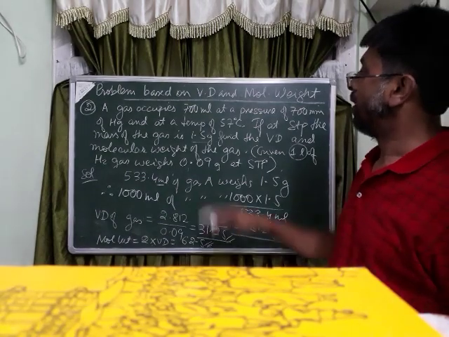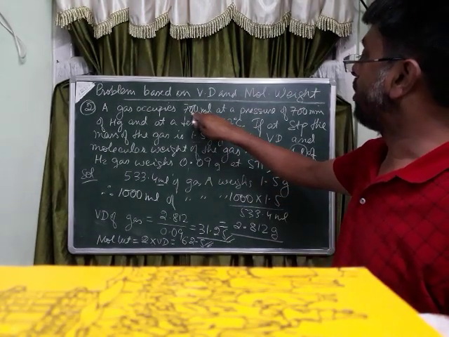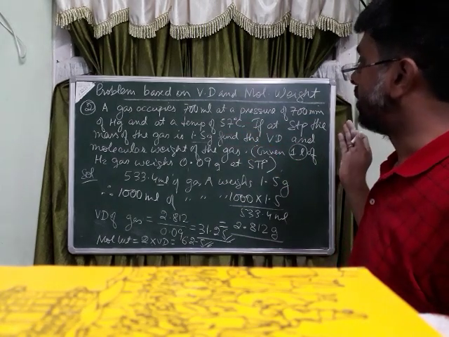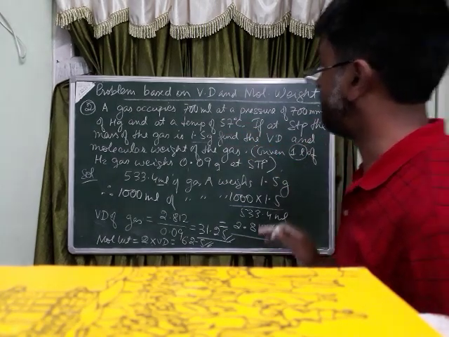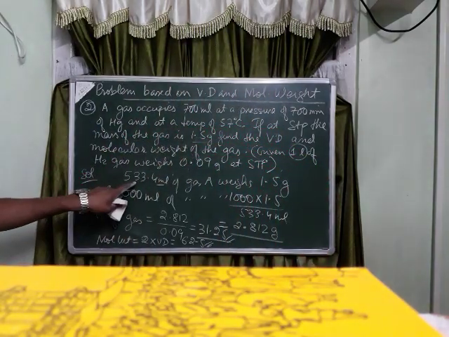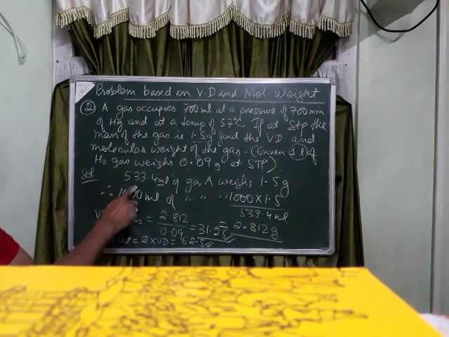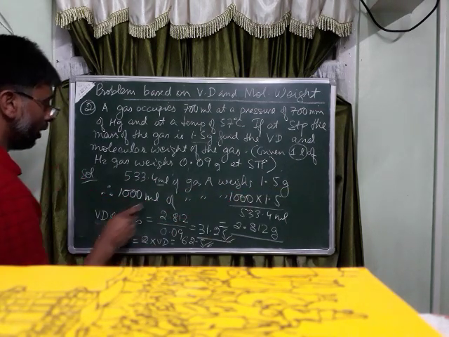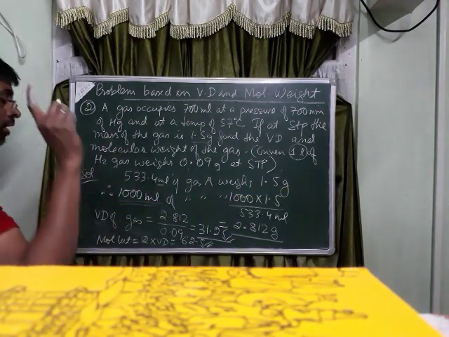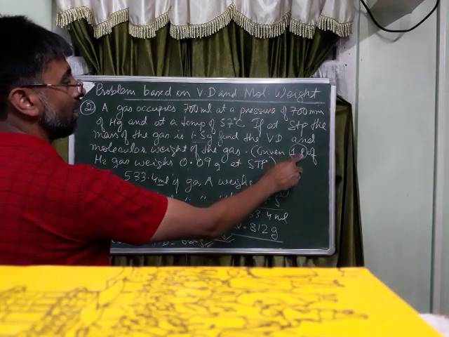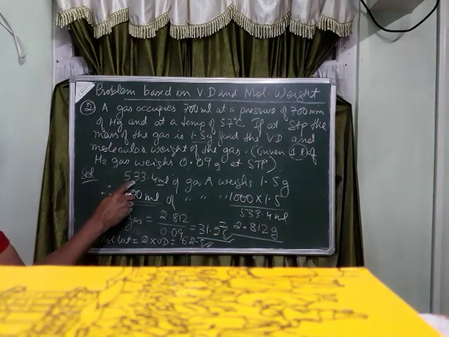What is done over here? The initial volume, initial pressure, initial temperature are converted to pressure, volume, temperature at STP. Then they compare the mass which is given in the question, and from the volume at STP which we have calculated, we make a sentence. This volume of gas A weighs 1.5 grams. So keeping in mind 1000 ml, because to use the formula for vapor density according to what is given in the question, 1 liter means 1000, we have to scale this down to 1000 ml.